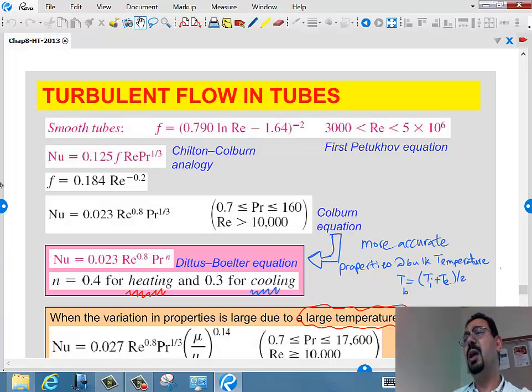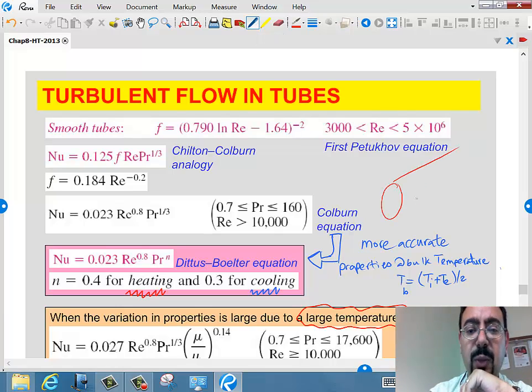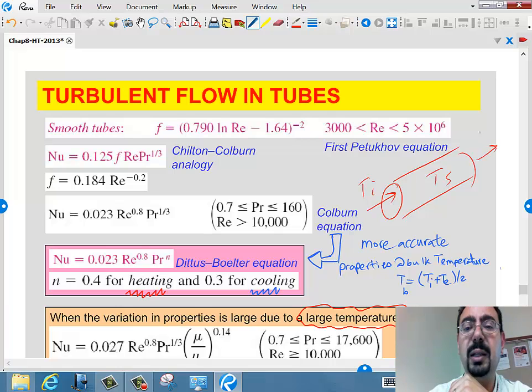Right. So now let's remember this chapter, internal convection, right? So this is internal forced convection. So basically the problem that we are solving is there is a flow into the pipe, the pipe surface is sitting at Ts, the flow is coming in at T inlet, leaving at T exit, and he will ask you to calculate the Q